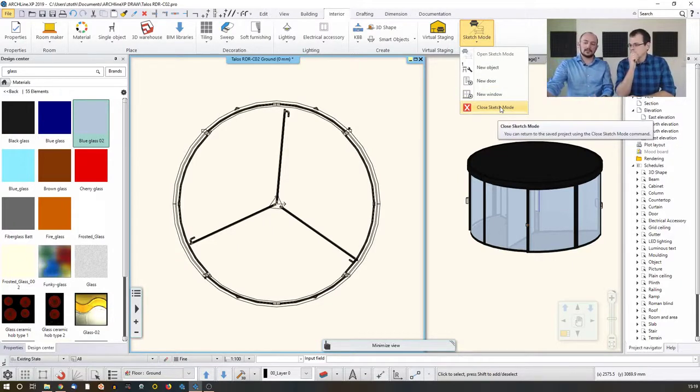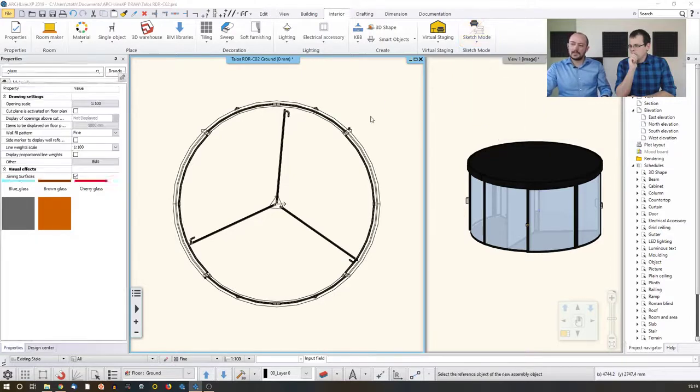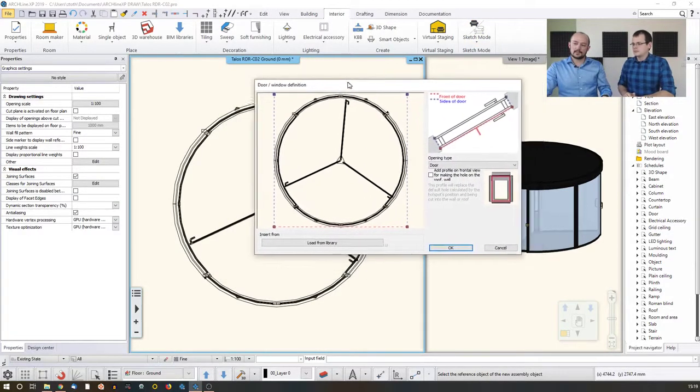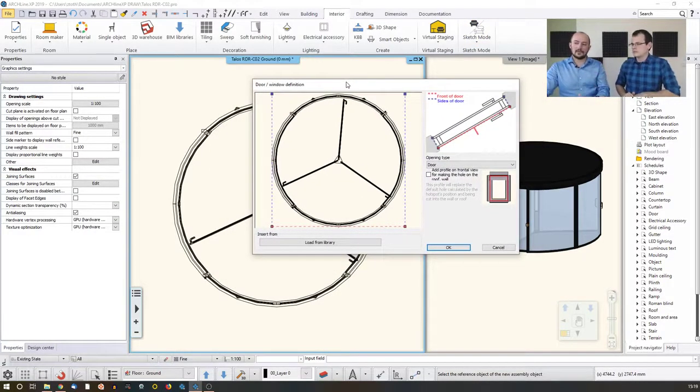So now this here is a door. So I go to the new door option. And then the software comes up with this dialog. This is the new door window definition. By the way, we talked about this in a different topic. You can use this same method not only for BIM object items to turn them into doors, but also other regular objects. But the point here is, let me explain this,